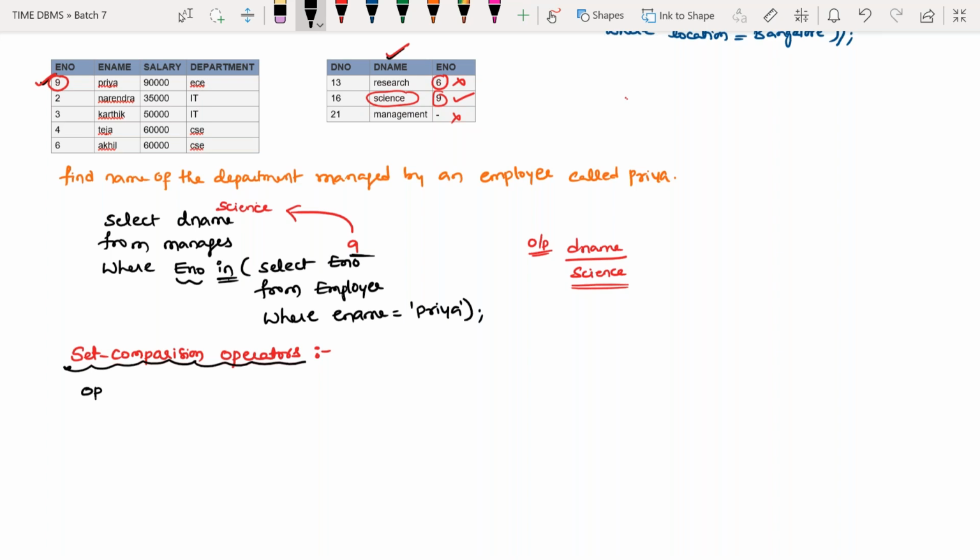Operator ANY and one more, operator ALL. With ANY, we can use any relational operator, like less than, greater than, less than or equal, greater than or equal, to compare a value with a set of values. We will be using these two set comparison operators in addition to the IN operator that we have already discussed. Now look at what is ANY. What is the ANY operator? It compares